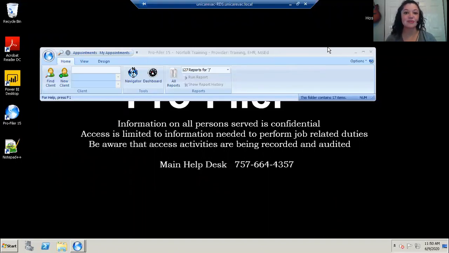Emergency services will often encounter new people in the community. Intake. If you're getting a referral from another program, there's no need to do this because you know they're already in the system, right? Okay, so make sure that before you create a new chart, there is not already one